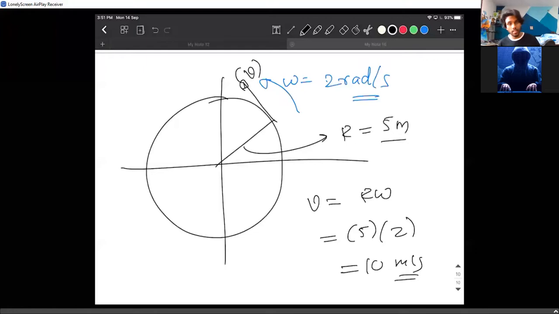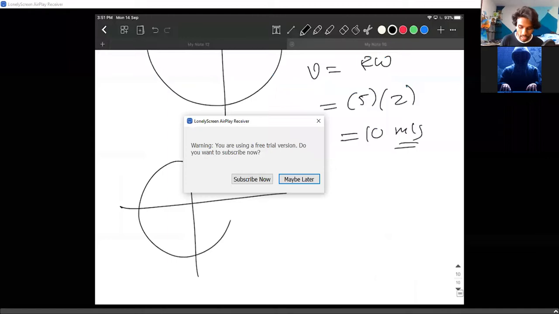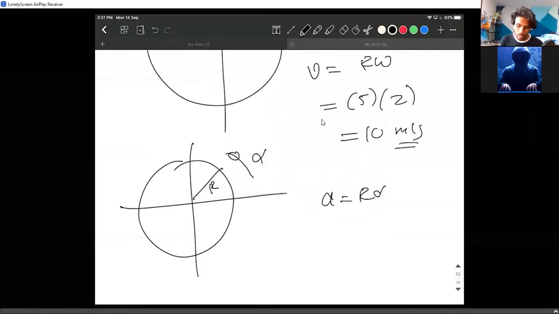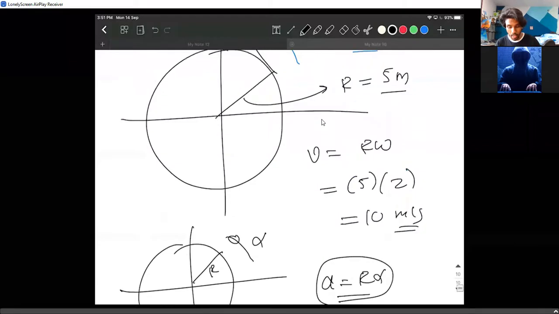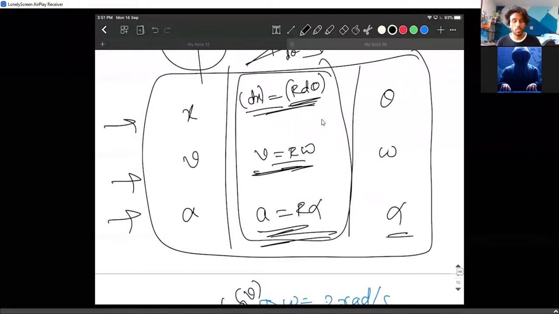So if you want the linear velocity from the angular velocity, you can find it. Even if they give you the angular acceleration, they might give you the alpha value. In that case, a equals r alpha, and you can find the linear acceleration also. So you need to remember this idea until this point. You need to remember whatever we discussed. We introduced ourselves to angular quantities, then we learned how to relate the linear quantities to angular quantities, and we made ourselves very clear about this.